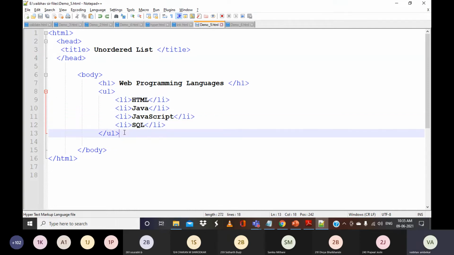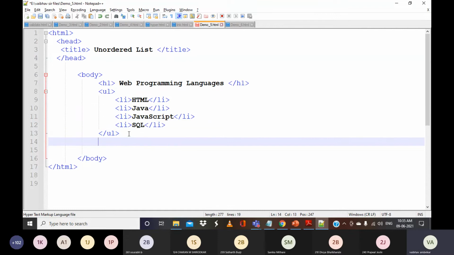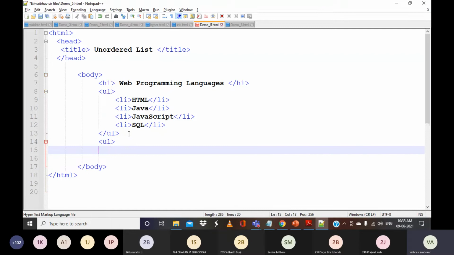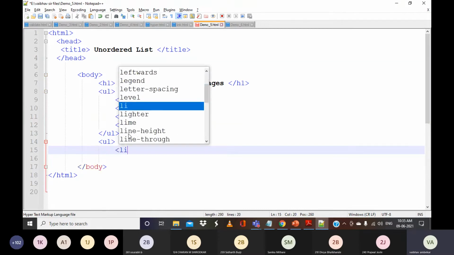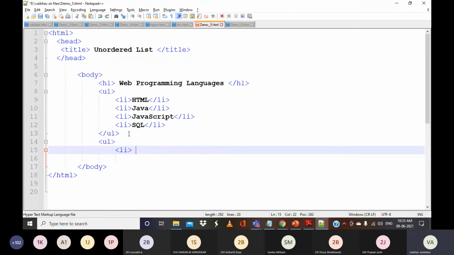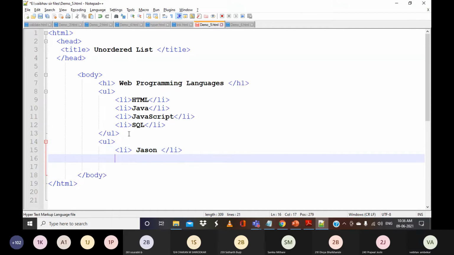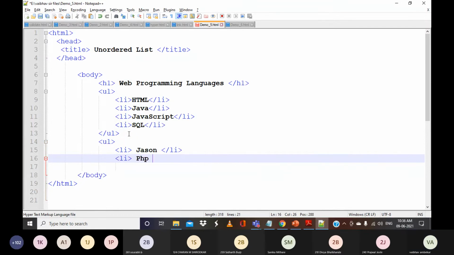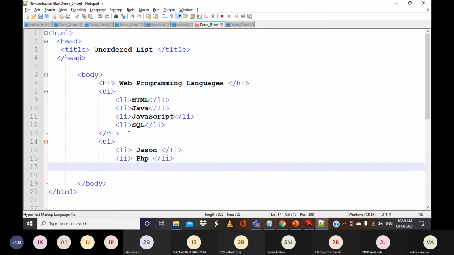Now I will add another list UL, that is unordered list, and I want to add 3 elements. So I will say LI, and this will be the element. I will say JSON. I will close this LI, then LI PHP, and I will say JSP.